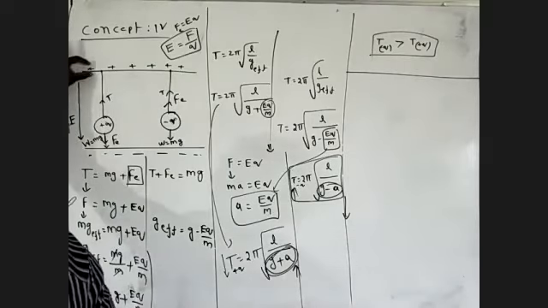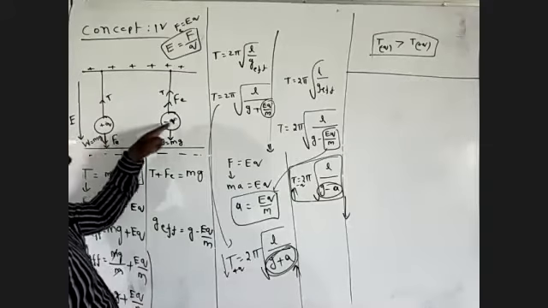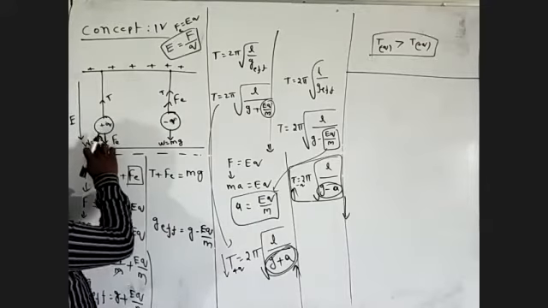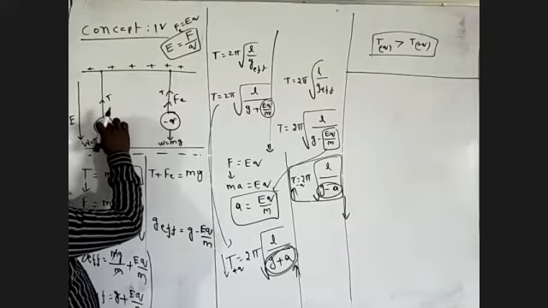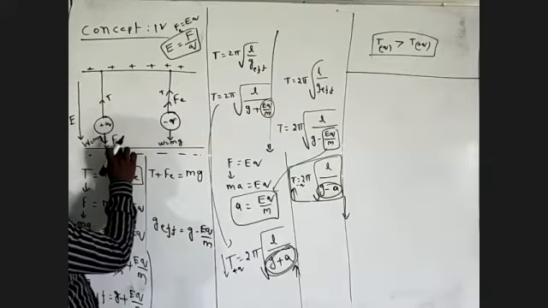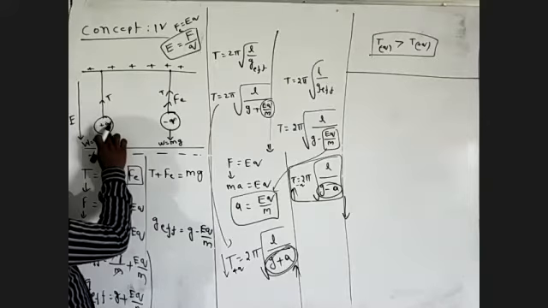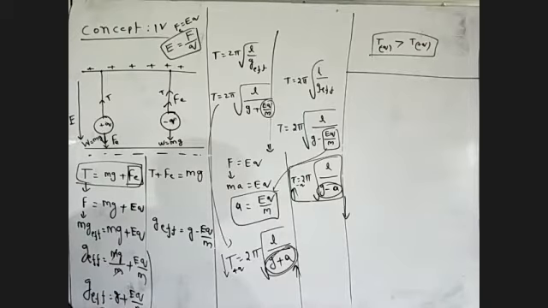You'll see more. This is a positive plate. This is a negative plate. This is a positive charge, negative charge. This weight acts vertically downward. This positive plate will repel this positive charge in the downward direction. That is the electric force. This is the tension. The charge is at rest, so the upward force is equal to the downward forces. So I'm getting this value of G effective.